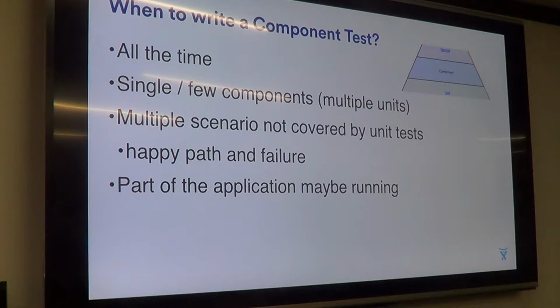So basically the rule of thumb is you instantiate a number of components, parts of your application, and then you instantiate the component that you want to test, and you run your tests. So usually they're probably a little bit slower than unit tests, but the focus on edge cases or all the corner cases of your logic is still really high. So you want to have a pretty big coverage again,